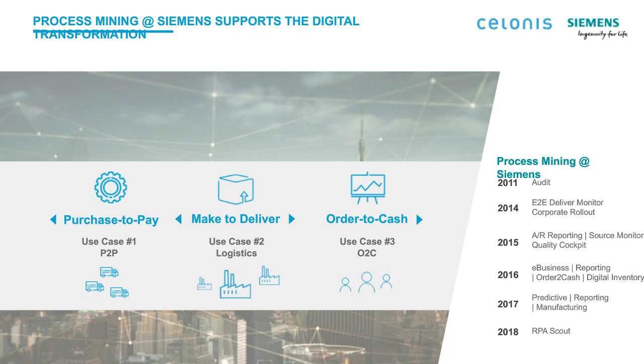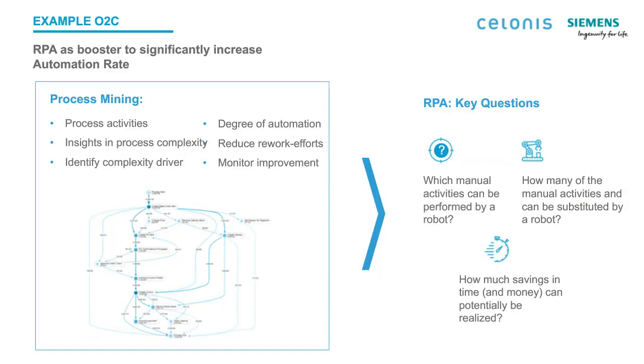And from an order to cash perspective, they literally can trace the process behind every single order that moves through that business process. And that's precisely where they spend a lot of time and energy around RPA, because one of the things that was true in their order to cash process is they identified significant opportunity for automation. So, digging into this order to cash opportunity at Siemens,